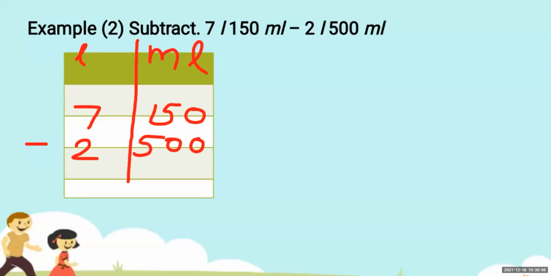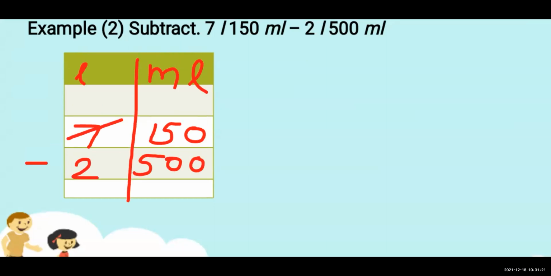See here, now we have to subtract 500 from 150. But we cannot subtract 500 from 150. What will be the method here? See, what you are going to do? You are going to cut this liter. This 7 liter will convert here into 6 liter. As we have to give to this 150, it will become